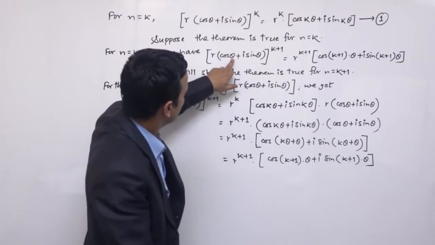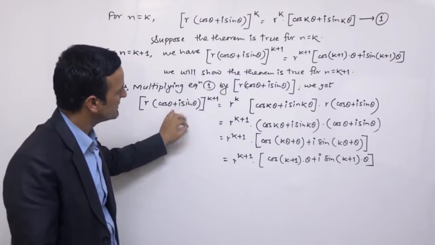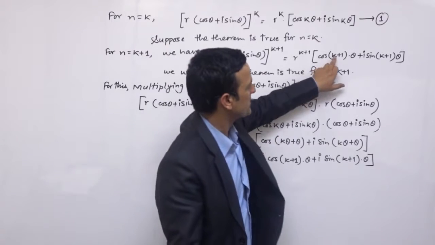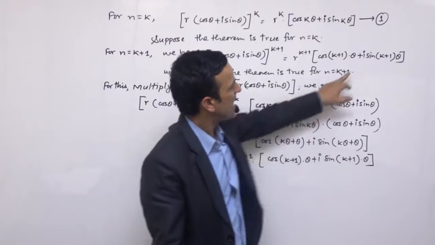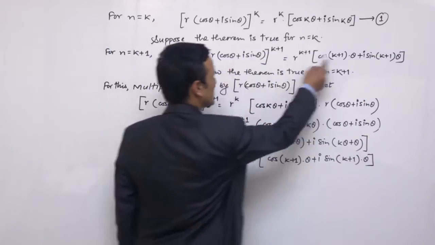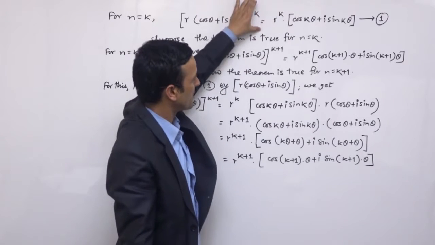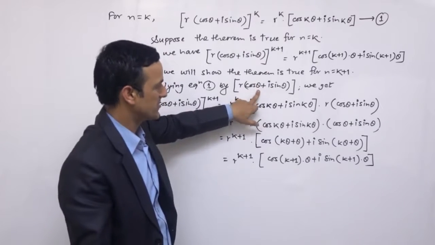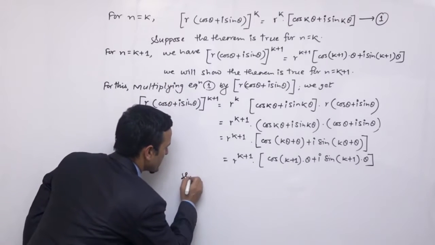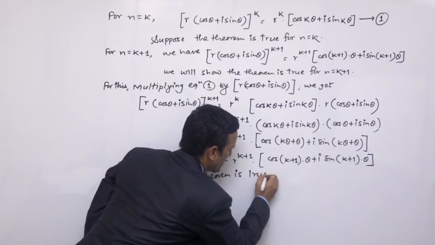यसरी हामीले देख्न सक्छौं LHS पनि हाम्रो exactly same छ, यो देखाउनु पर्ने term को LHS। ठीक छ, RHS हाम्रो r को power k plus 1 छ, यहाँ पनि r को power k plus 1, cos k plus 1 into theta यो पनि same छ, i sin k plus 1 into theta that is also same. So in this way LHS is equal to RHS we can prove. By equation 1 मा polar form, यो form ले multiply गर्दा आउने term exactly this term is equal to this term हुन्छ, so the theorem is true